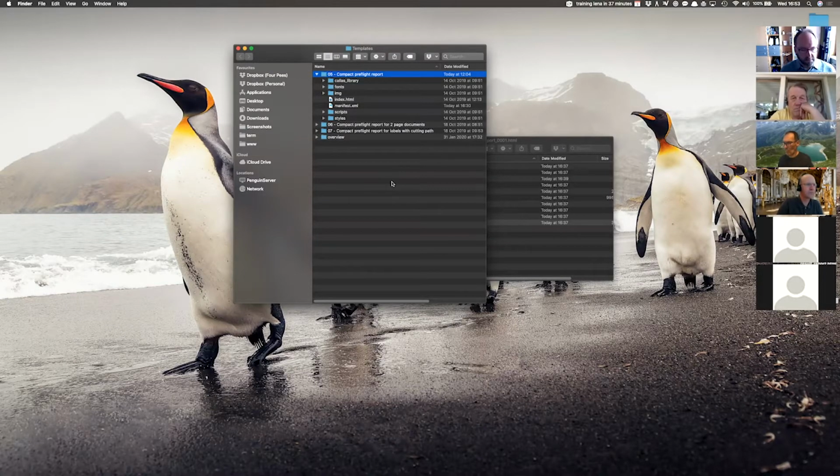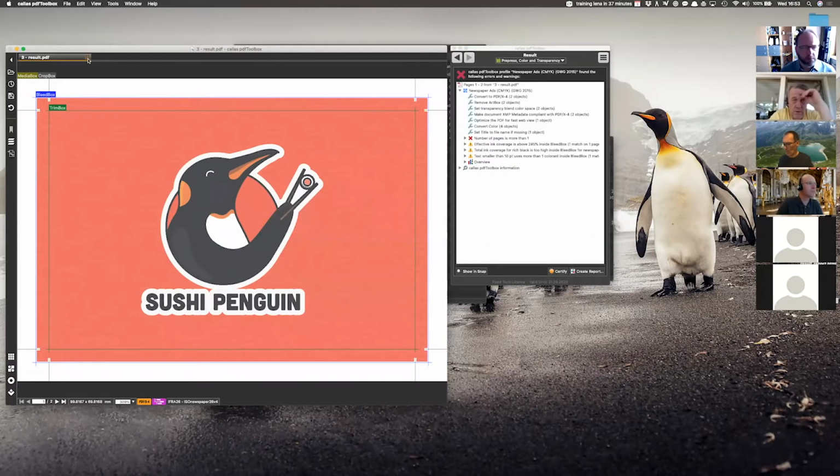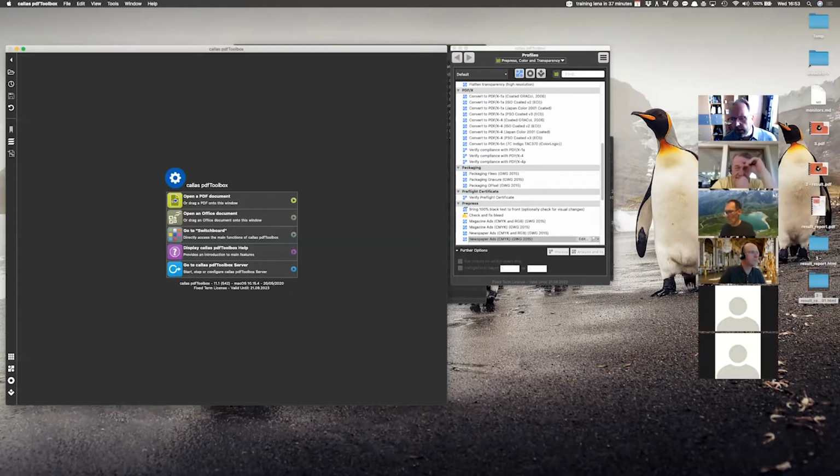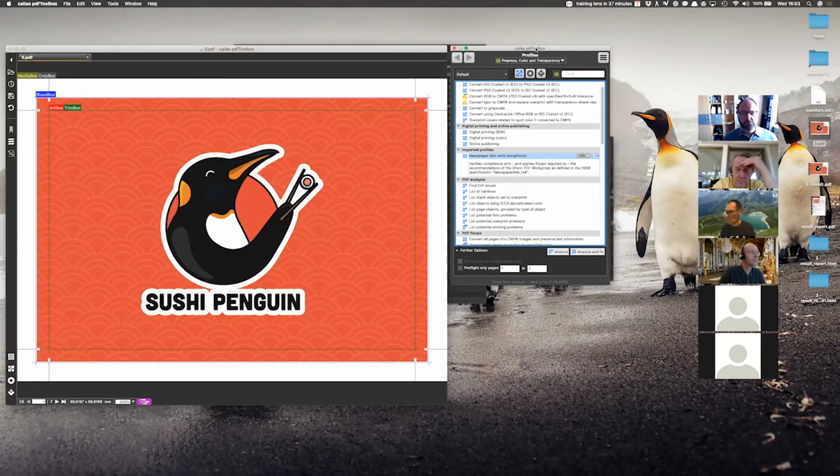Okay, that's a bit of an overview. I want to show you one thing that I've done just to highlight some of the capabilities that you have in modern versions of pdfToolbox. Let me go back to pdfToolbox, and I will go back to the original file. And then I need to find the profile that I modified a little bit. What did I modify in here? Well,